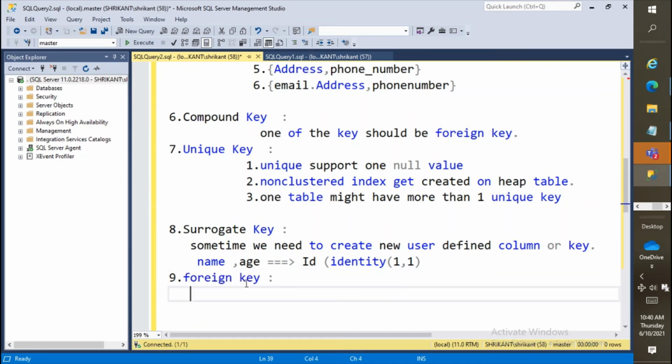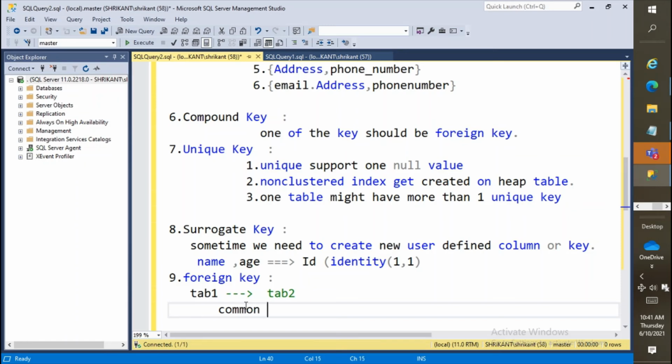A foreign key is again a key, but one which is referencing another table. Let's say I have table 1 and also another table called table 2. If I want to link or join these two tables, I need to have a common factor, and that common factor is called the foreign key.